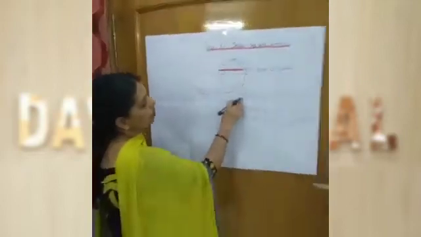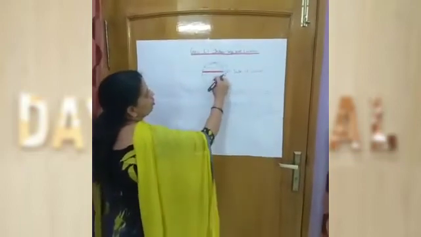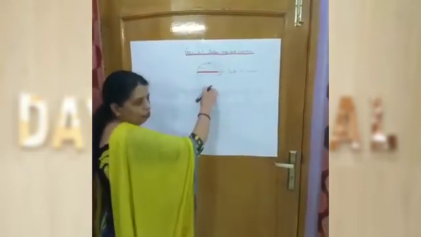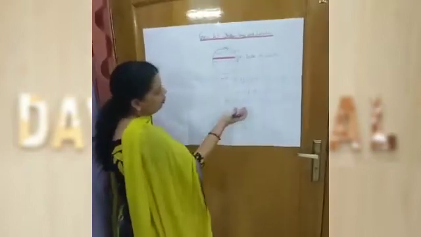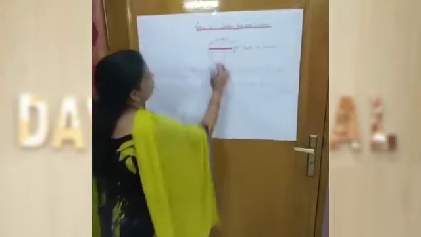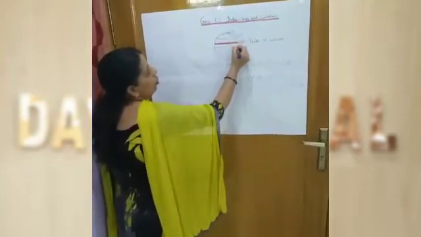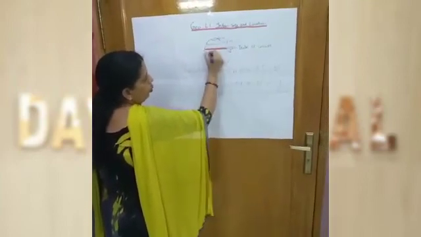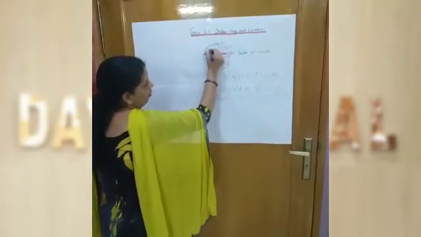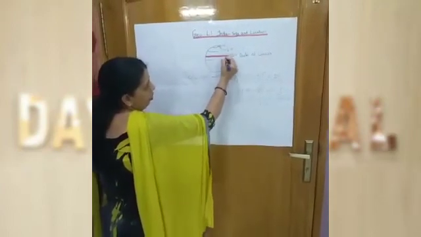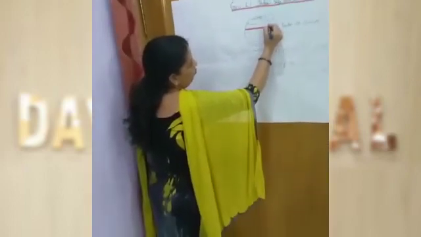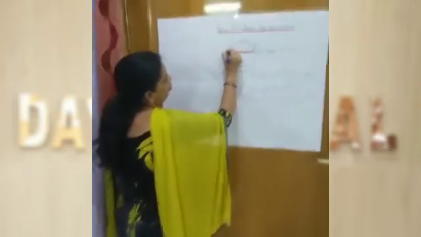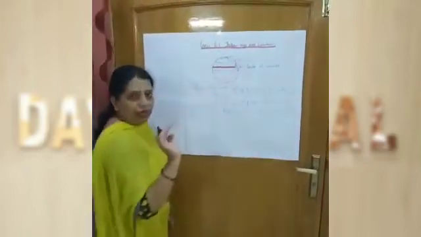We can represent this location of India on globe also. As you know, on the globe there are latitudes and longitudes. But what are latitudes? What are longitudes? The lines which are drawn parallel to equator, these lines are the latitudes. So lines which are drawn parallel to equator and drawn from east to west, all these lines are latitudes.